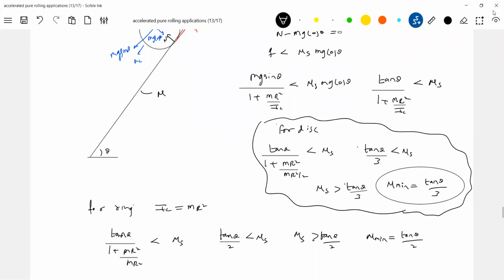I think that's a very strange thing, no? I'm just comparing bodies. If I had ended up with only one generalized case, you might have thought, okay, fine. But for different rigid bodies, what happens if you release them on a rough inclined plane? You should determine. Both the rigid bodies have the same mass and radius r, but because their moments of inertia are different, the value of mu needed will be different. A minimum coefficient of friction between the rigid body and the inclined plane is needed for no slipping. I think I should write here: for no slipping.